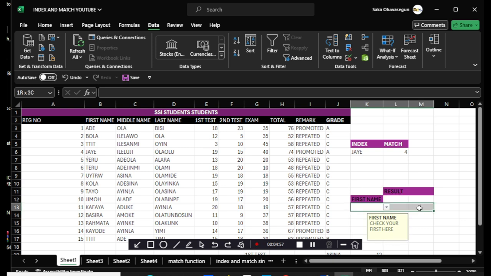Check your first name here. So now, where do we want the results? We want the result to appear here. This is where we want our result to appear. It's equal to